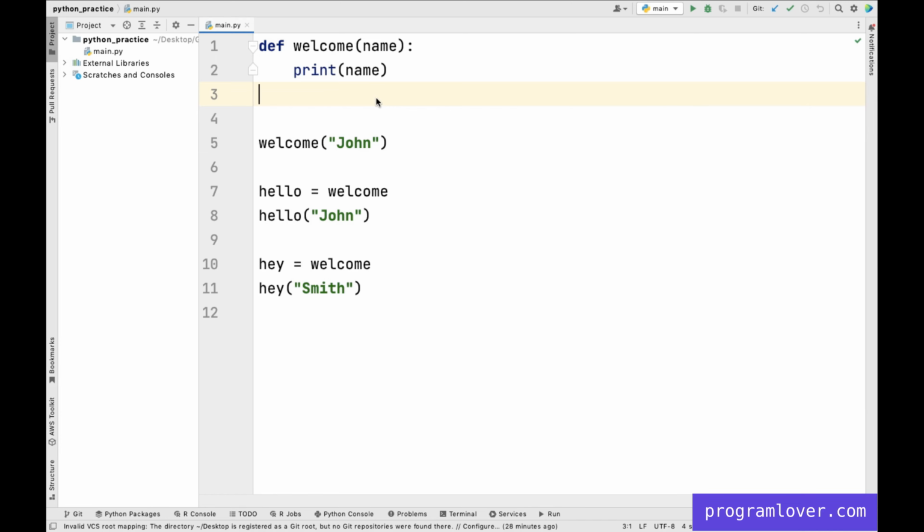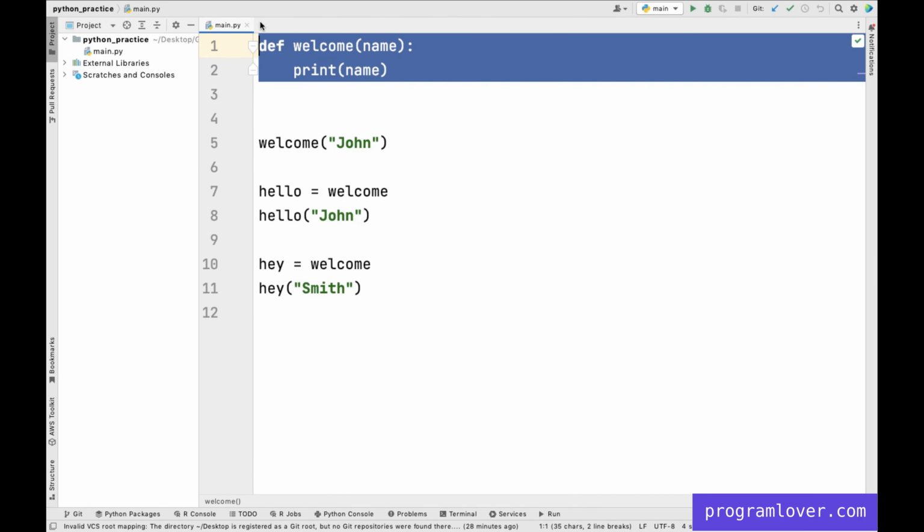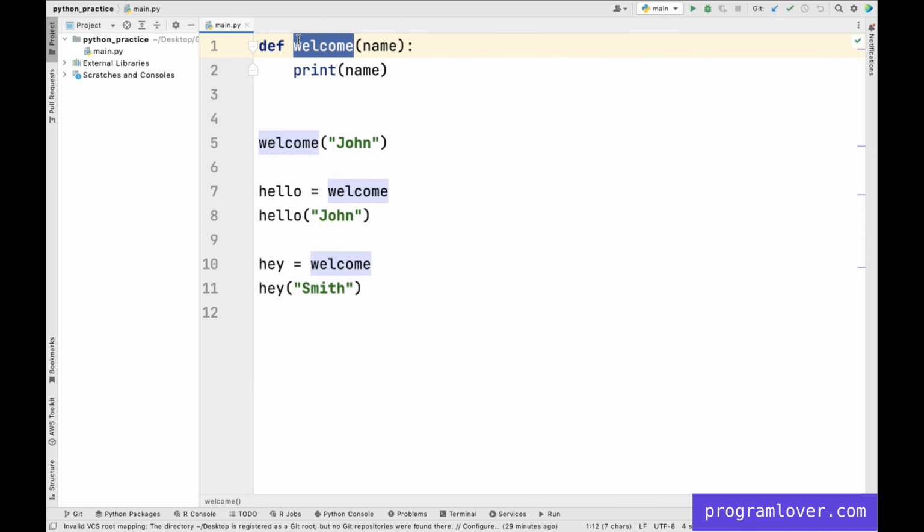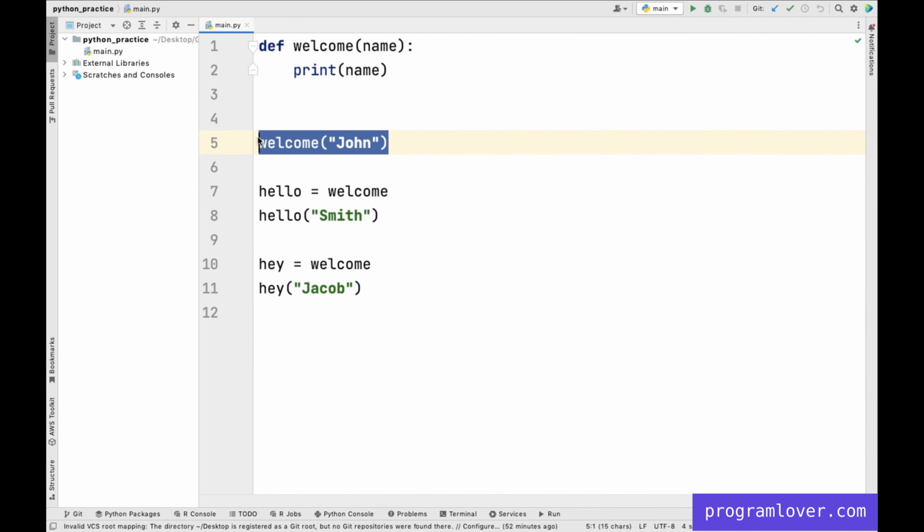Here in this example, we created a Python function and the name of the Python function is welcome. In this welcome function, we declared name as an input parameter and print that name using the print function. Here we directly call this welcome function and pass John as an input argument.